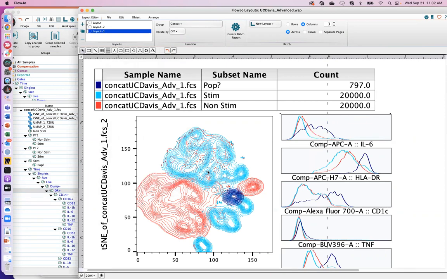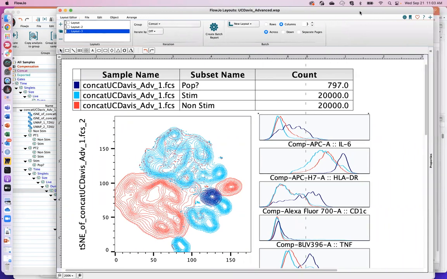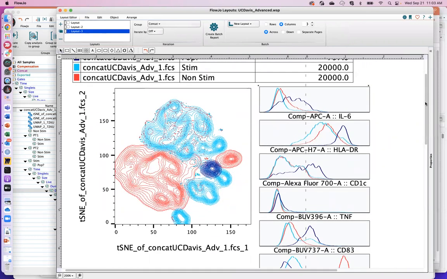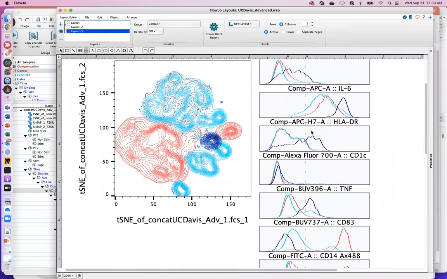Okay, so now what I can do is look at the line trace in these histograms to try and figure out what the phenotype of these populations happen to be. So in this case, this population expresses to some extent IL-6. It's obviously very high with respect to HLA-DR, right? We have a decent bit of